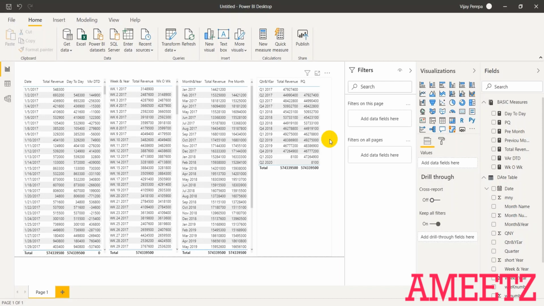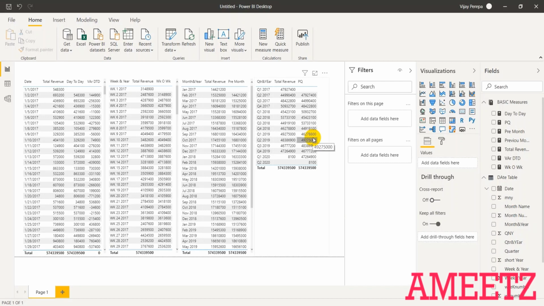The next step is to understand year-to-year comparison, and then current year this day, or whatever specific selected day, and the same day in the previous year, the same way that month selected in the current year, and same month previous year, and quarter also.